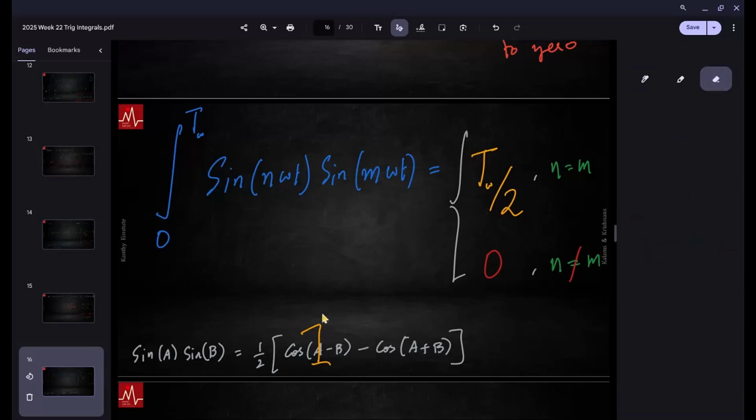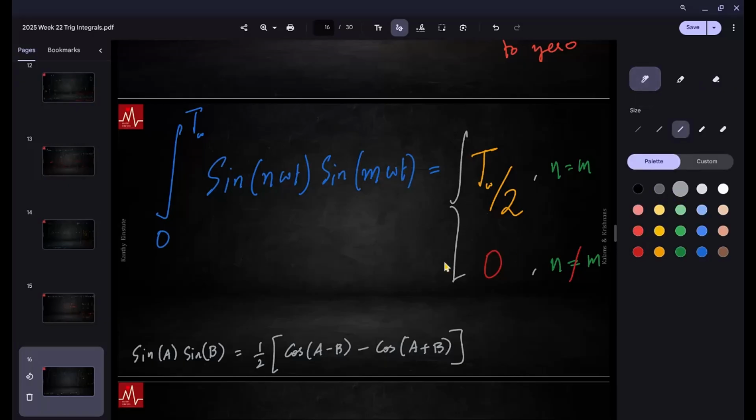Only when n equals m, thus cos a minus b will be 1. In other cases, two cosines, they will just disappear upon integration. Fine. Waiting for an answer, but let me fill it up. At least, it helps if you, from a recall perspective, know the result. Also notice, let me also